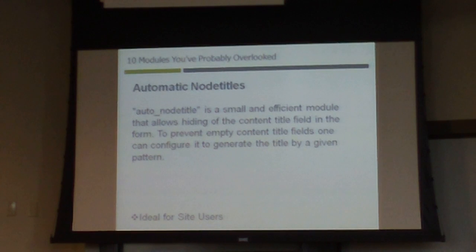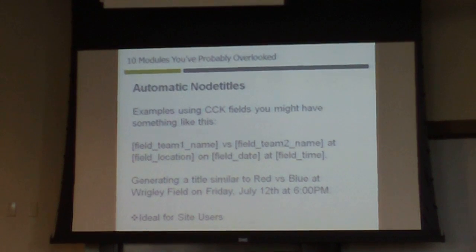So again, on a site that's going to have public user input, you may not want them to always be able to fill that out. You may want to provide pieces of it, or just limit that completely, where the title is generated from certain data that you've collected from them. It may not be information that you're putting public, let's say. I'll give you an example of a version that, again, will be public type data, but at least gives you an example of what I'm talking about. So let's just say you have these